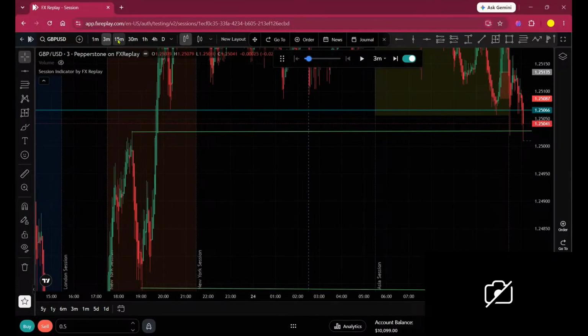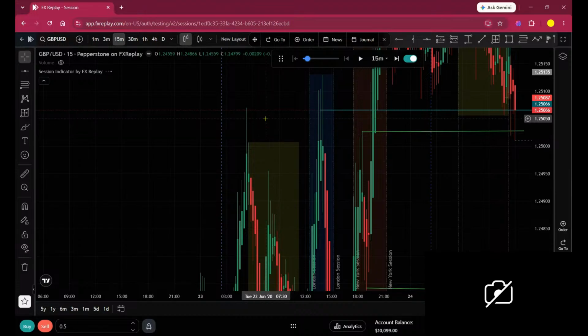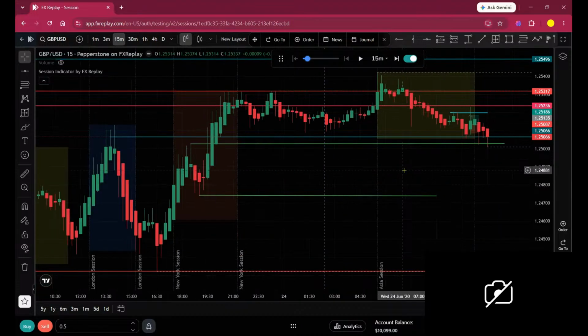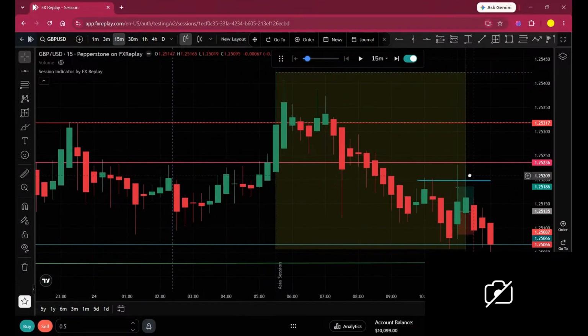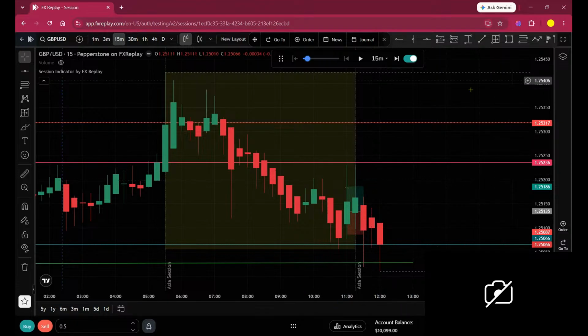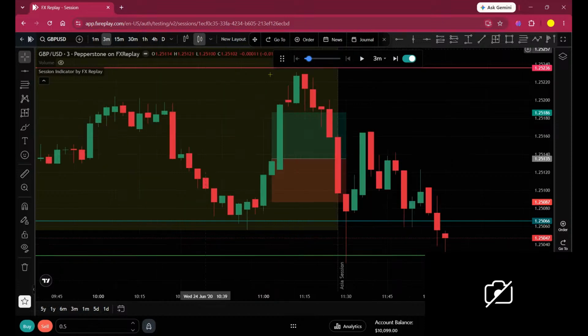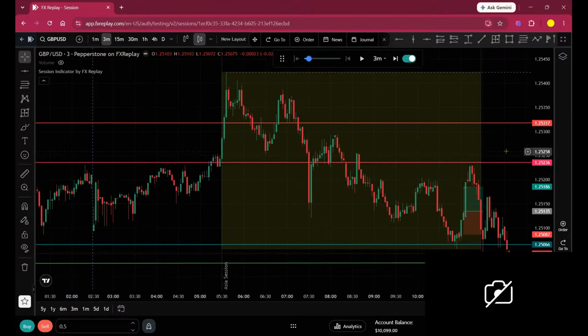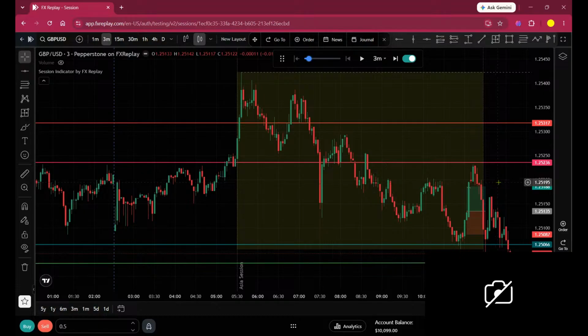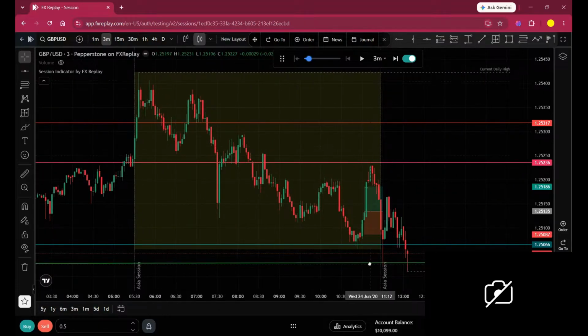Now the next liquidity will be, this is the next liquidity. Now the market again went for a bullish change of character, sorry, bearish change of character. Okay,